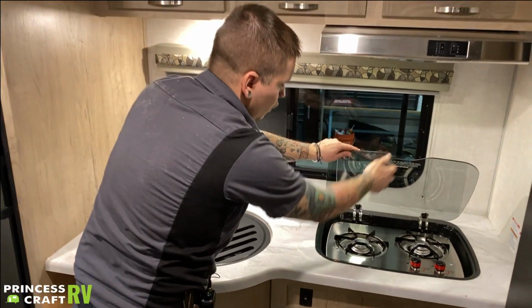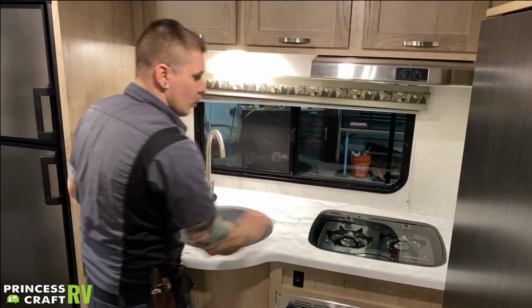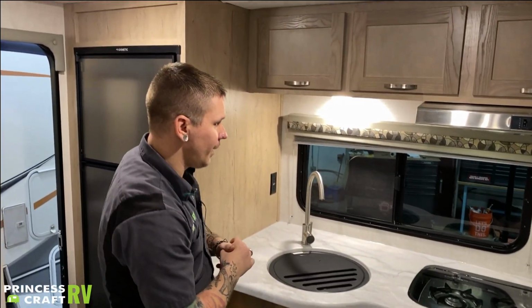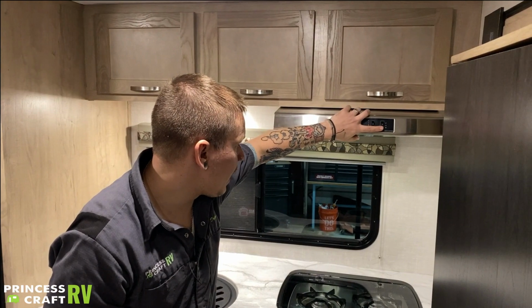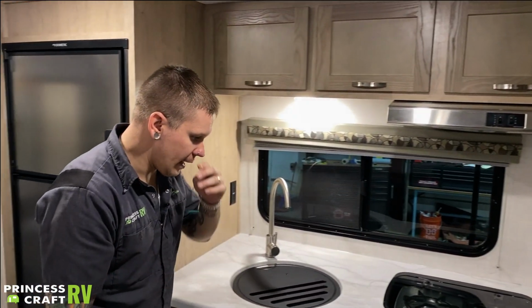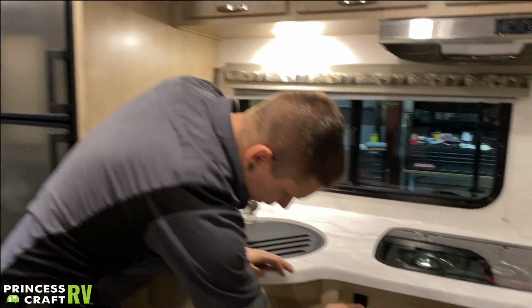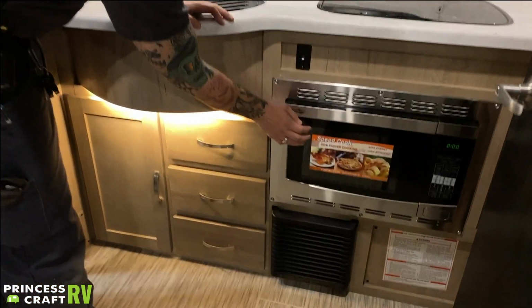We want to make sure that we let this cool down before we close this lid. I have seen where those have cracked under extreme heat. You have your light and your fan here for the hood. Again, pretty standard stuff, just like you're going to find at home. We have a light switch here for the under cabinet lighting, which is nice. And then we also have your